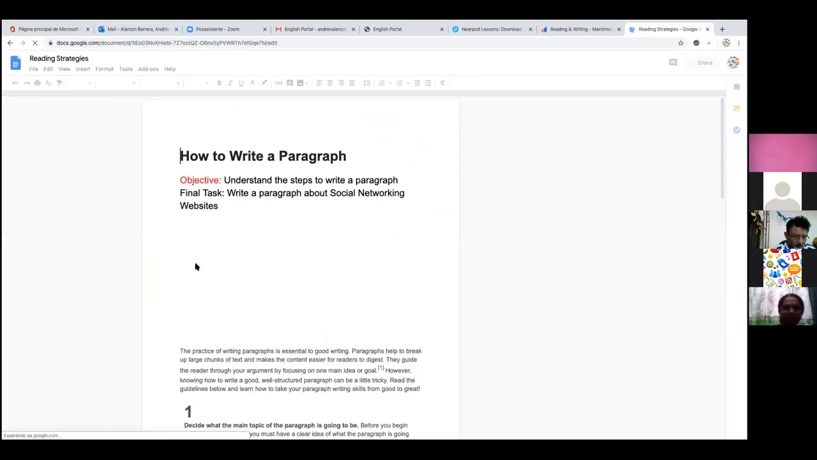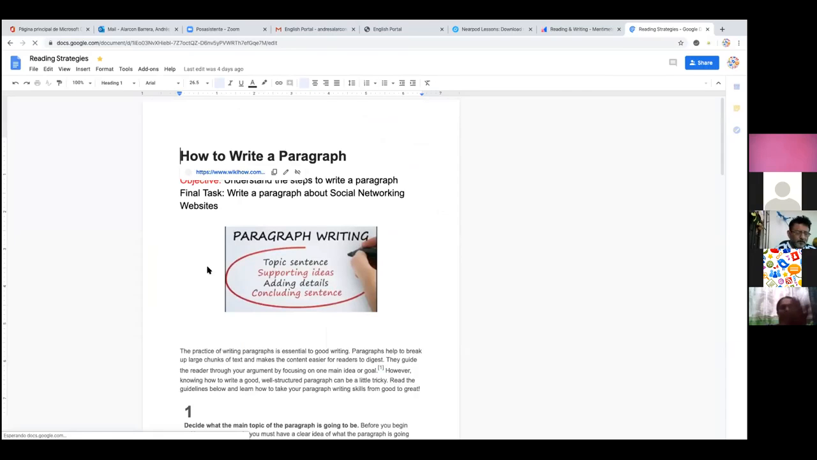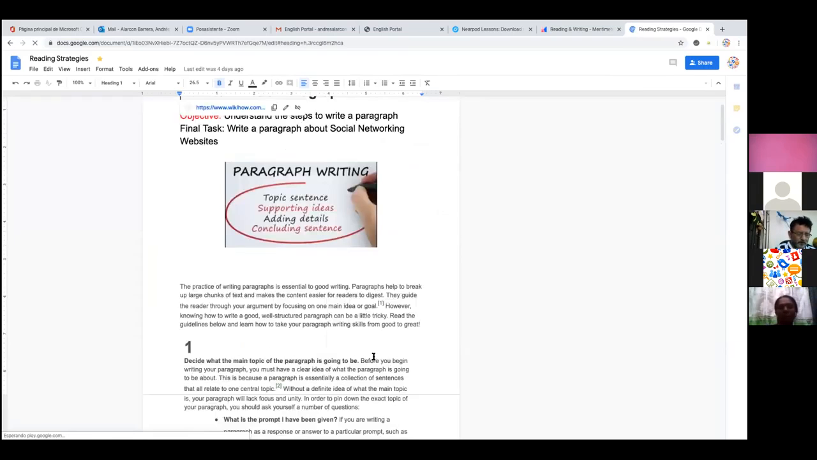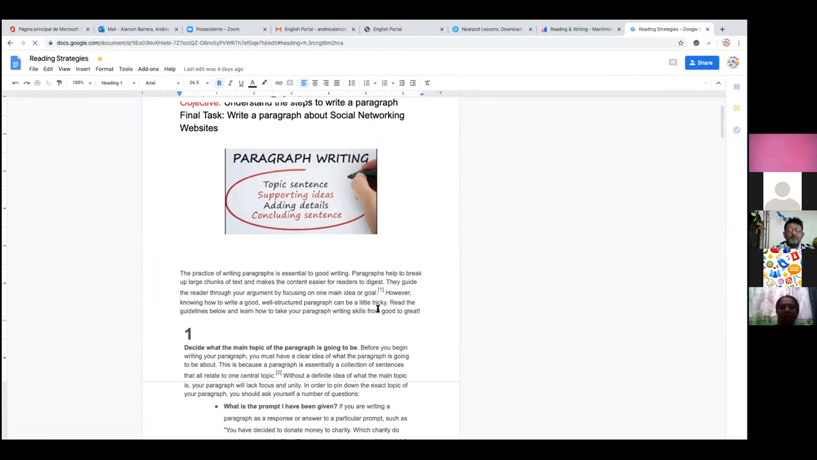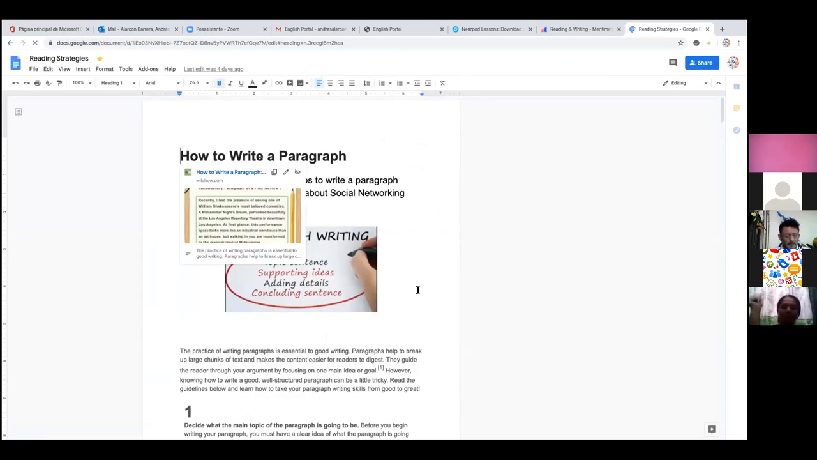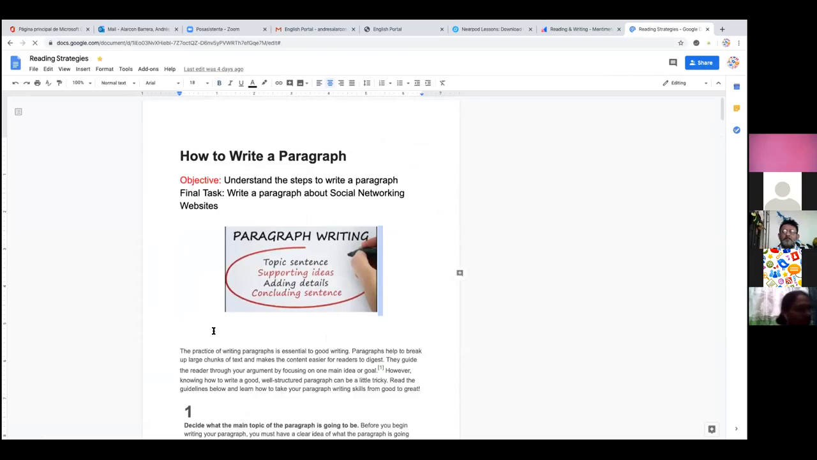And here in the document Reading Strategies, I have some information that I already posted here. And as you can see, you can create your own classes. You can structure your own classes. For example, I posted here the objective for the first session. And the objective here is to understand the steps to write a paragraph. And the final task, the final activity that I want my students to come up with is to write a paragraph